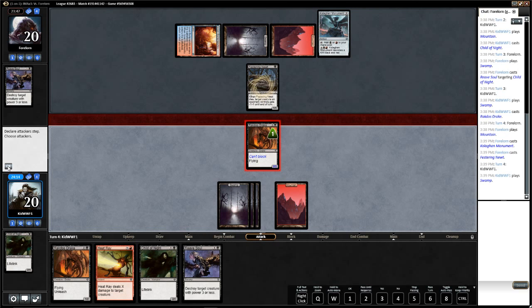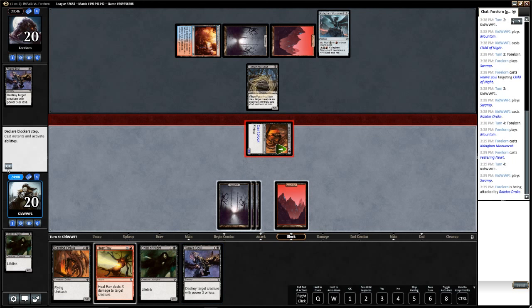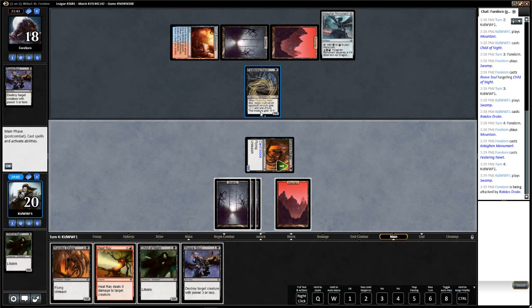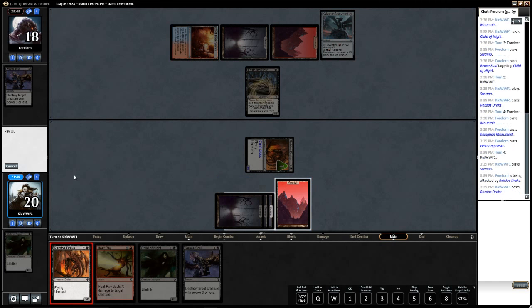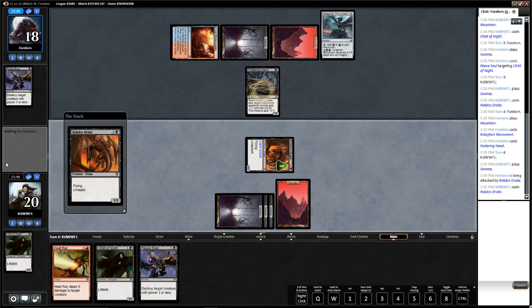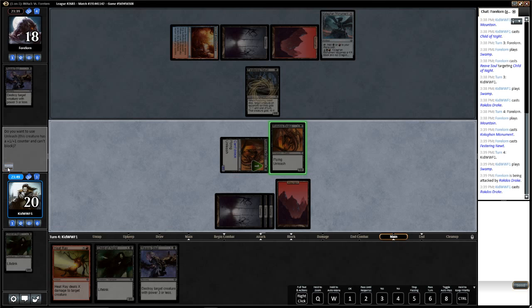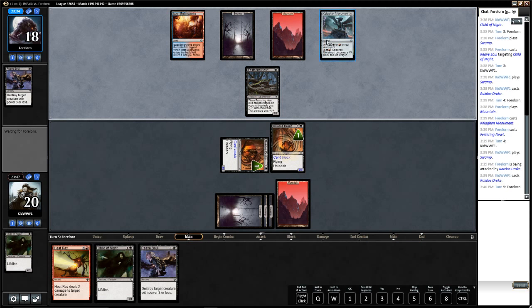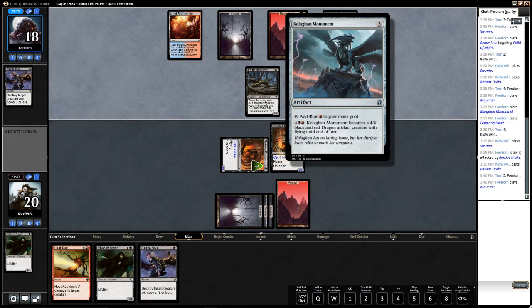I kind of want to play the Child of Night. Or do I? My options here: I could Reave Soul the Newt, and then play Child of Night, or I could just play Rakdos Drake. I think I just play the Rakdos Drake and unleash it. Because then if I draw another mana on my next turn, or, well, no, I guess I have 2 turns before you can activate the monument. But if I draw another mana soon, I can...